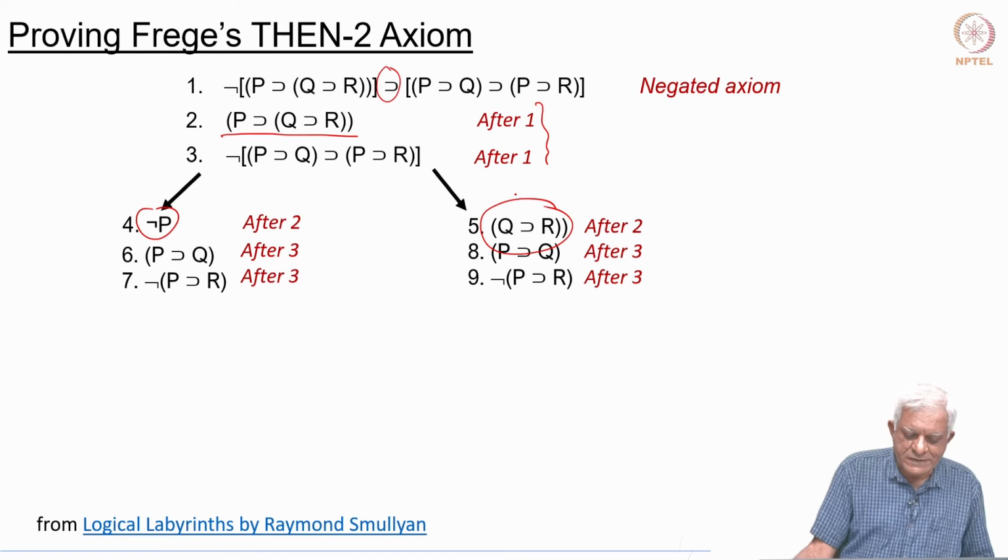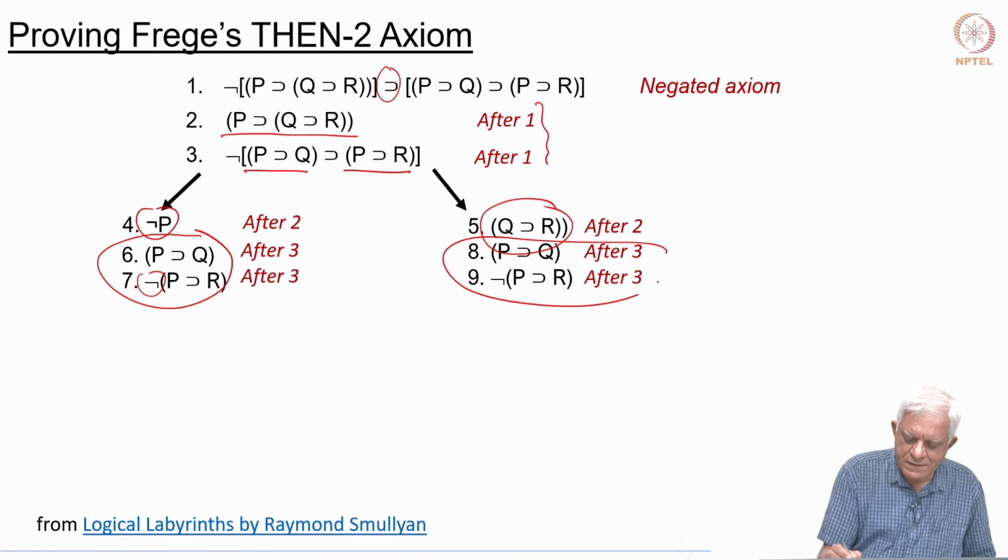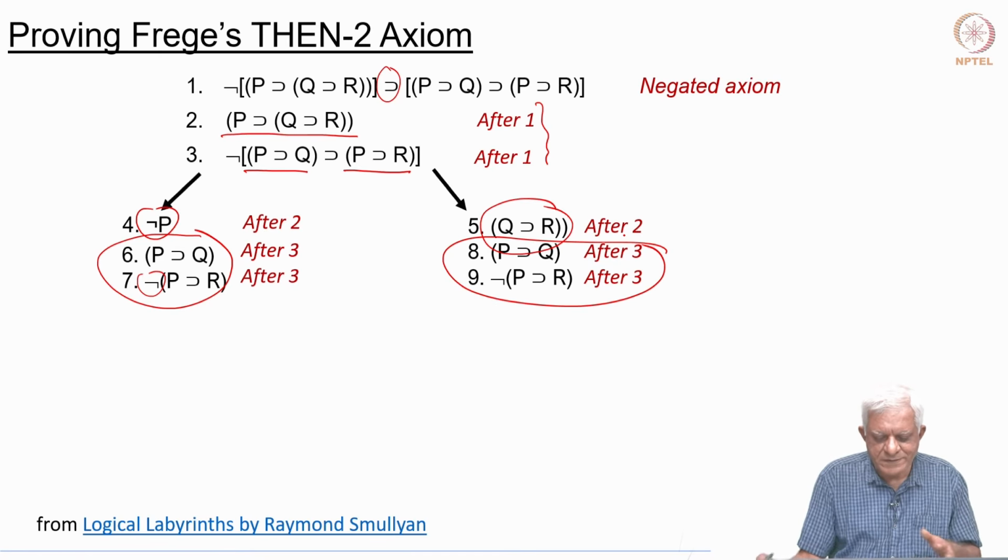Then we process the third one. What is the third one? That is the negation of some implication, and that does not introduce branching. So, we get 1 here and this one here. So, P implies Q must be true and the other one must be false. So, this is why the negation of that comes in here, but you can see that this whole thing is repeated here. So, that is something that happens. You have to do this in every branch of your tableau essentially.